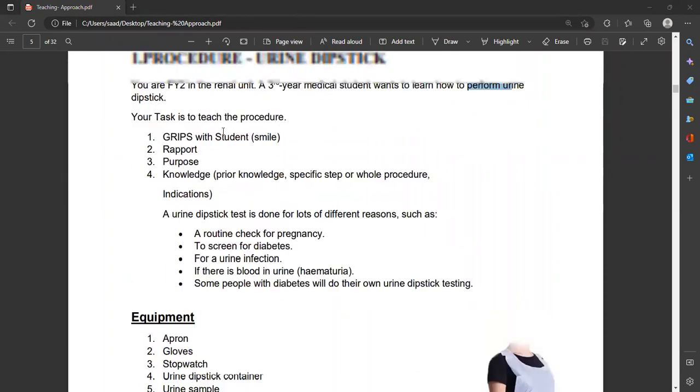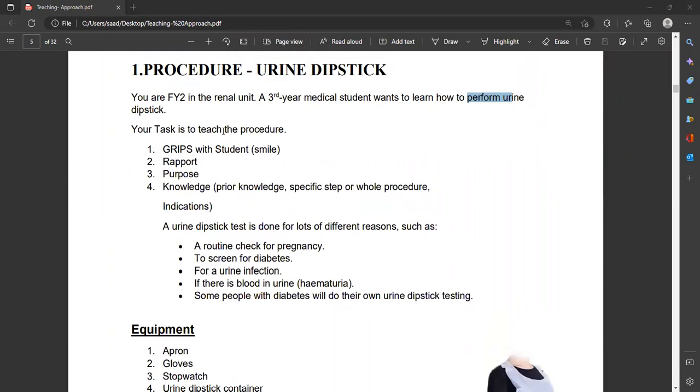Okay, so again, you enter into the room, greet the student with a smile, introduction, build rapport. How is your rotation going? If you have any problems, just let me know. When are your exams coming? Ask those questions, build a good rapport. Only 2 to 3 questions. Then purpose, and then understand that we are here for the urine dipstick, and you want to learn urine dipstick,